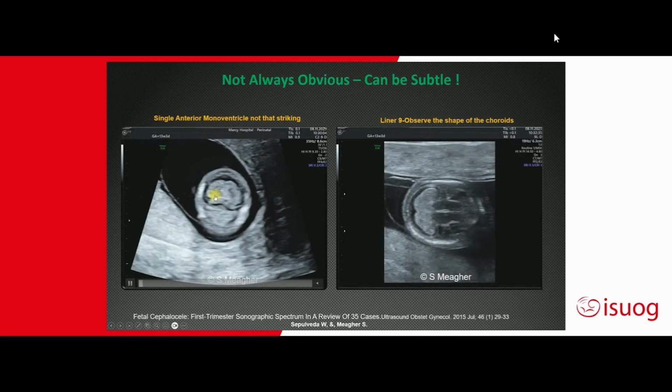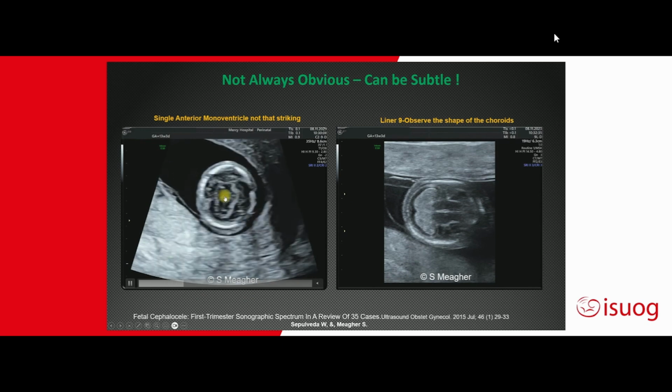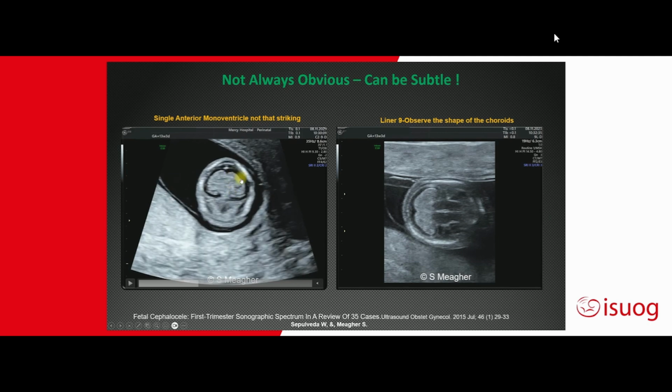Some, however, may be challenging in the first trimester. In this case, the single anterior monoventricle is less obvious. The experienced eye will, however, recognize that there is sharing of the choroids across the midline with loss of the